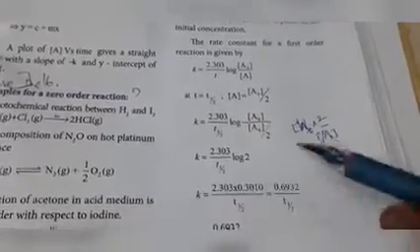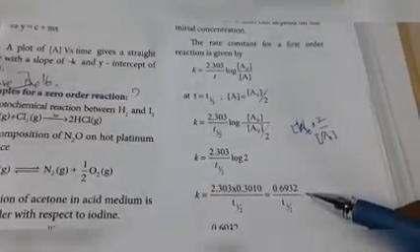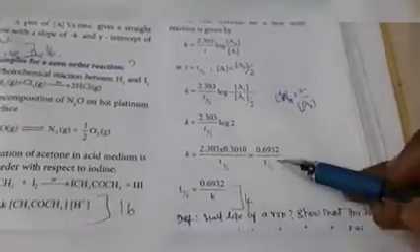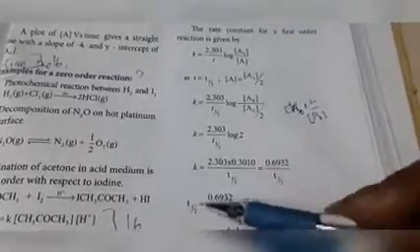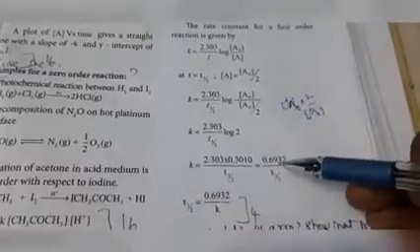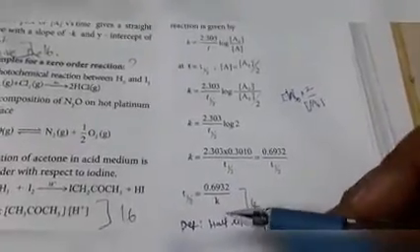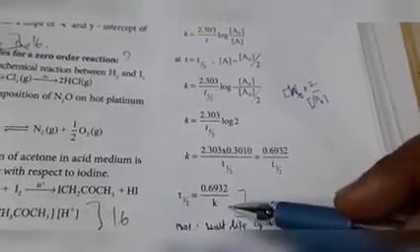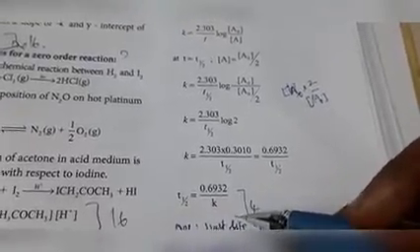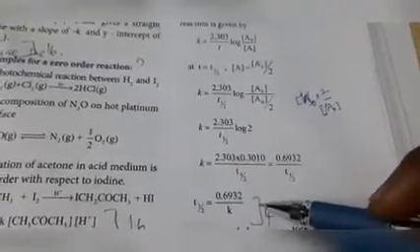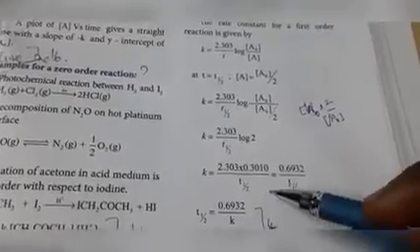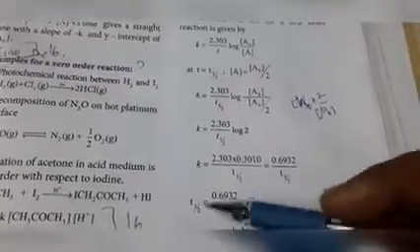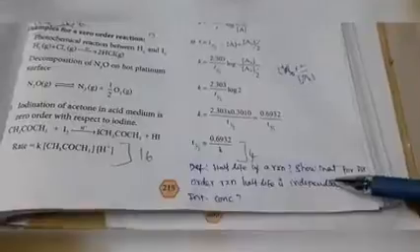If you multiply these two values, finally you will get 0.693 divided by t half. If you rearrange the equation, t half goes to that side and K comes to this side, so t half is equal to 0.693 divided by K. So finally we got t half equal to 0.693 divided by K. Very important equation. Usually problems will come using this formula, so please read this formula carefully. This is the answer for the second part of the question.